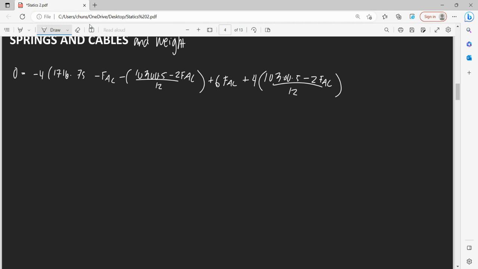Okay, so lots of distributing to do. That all belongs to one thing. Okay, so I'm going to try just simplifying this first. So let's do 1716.75 times 4. So negative 6867 minus 4, sorry, plus 4 FAC plus